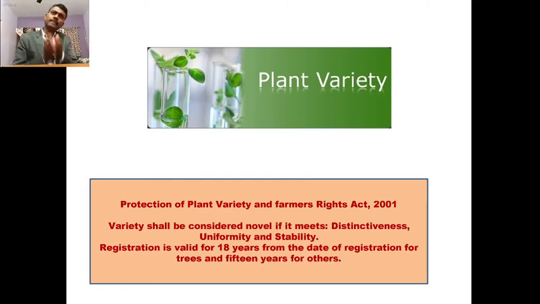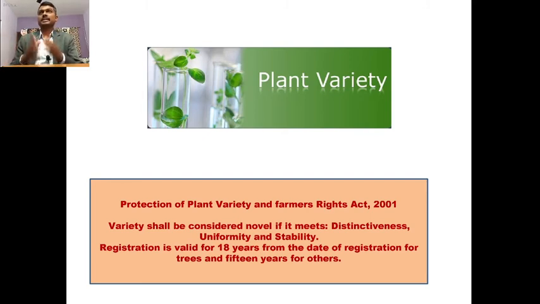If it has the same quality, same feature which is available in the already available varieties commercially, then your plant is nothing new. It's just a repetition of what is already known. So at least one specific quality has to be present in the new variety that you have created by asexual method, transgenic method, or hybridization technique, which does not exist in the commercially available varieties.